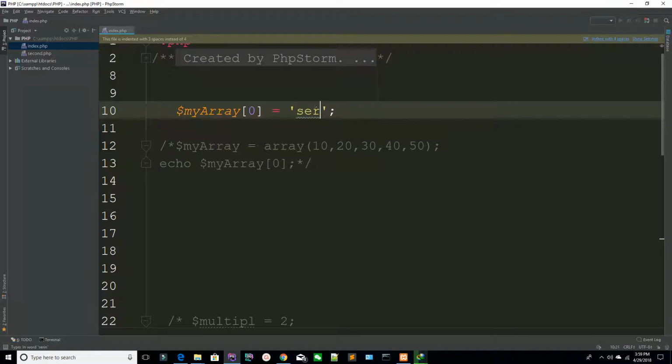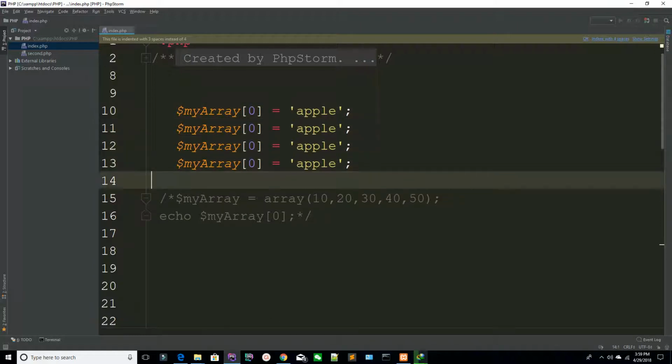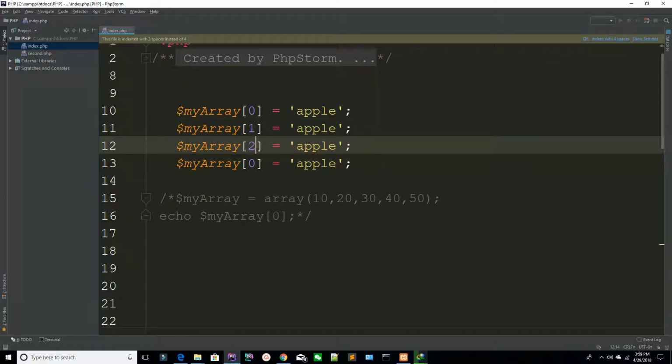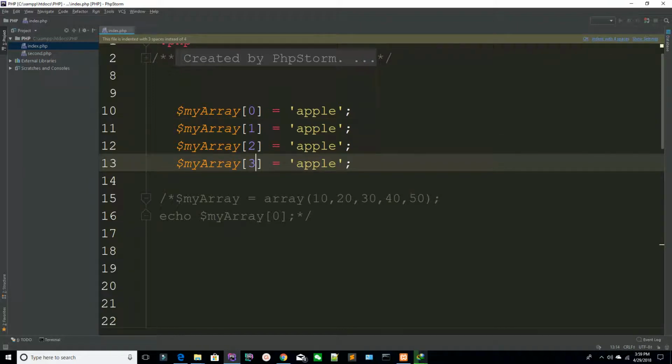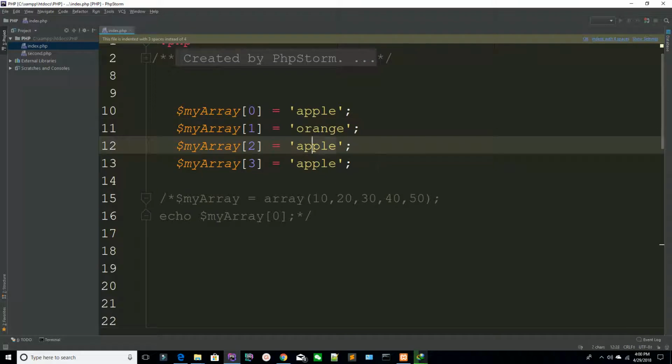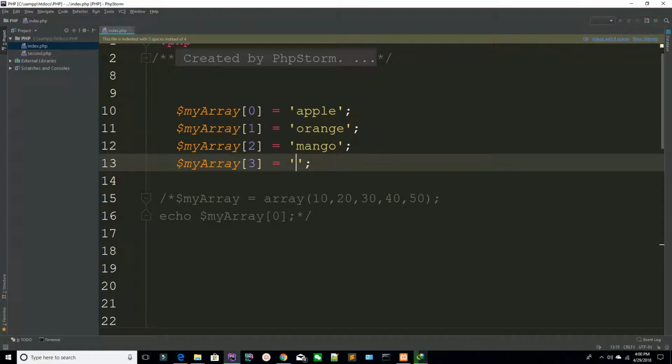I'm saying string apple, and this is the one index, this is the second index, and this is the third index. This is the variable's name. You can write any variable name, like x, y, z. I'm saying orange, I'm saying mango, and I'm saying